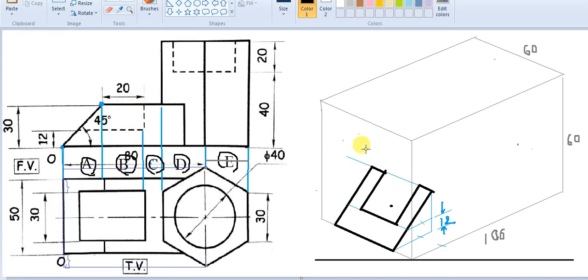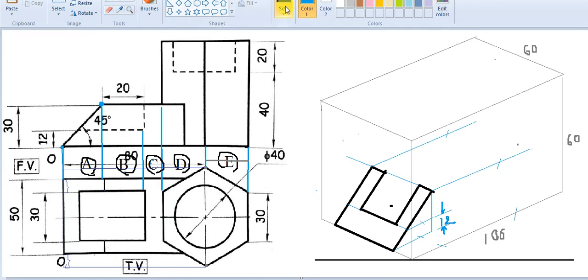So for time being, we will just draw the construction lines starting from these points, and of course are parallel with this one. The same line I will draw from this side and parallel with this one. And the same lines will be able to draw this particular line.